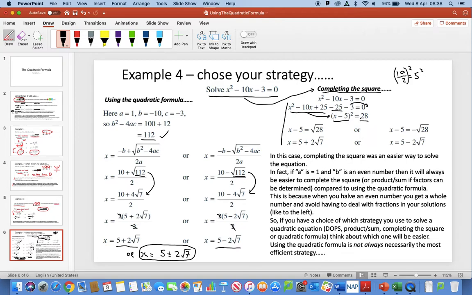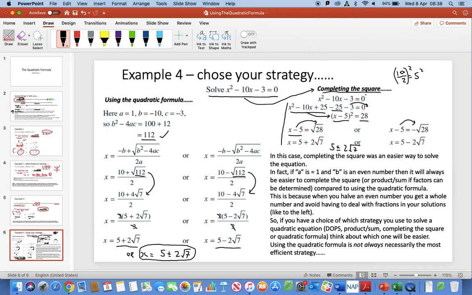So taking the square root of both sides to find out what x minus 5 is, x minus 5 is equal to plus or minus the square root of 28. And then bringing the negative 5 over to the other side of the equation in both cases, we end up with our two possible solutions of x equals 5 plus 2 root 7 or 5 minus 2 root 7. Or of course, we can write it as 5 plus or minus 2 root 7, as I said before. Now,